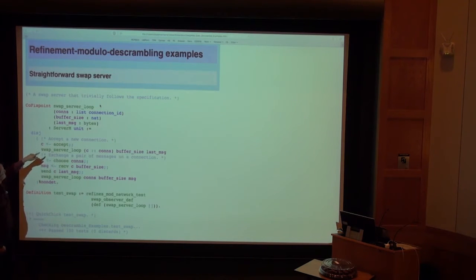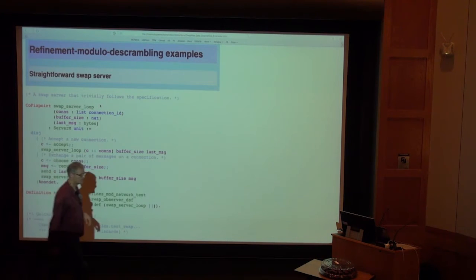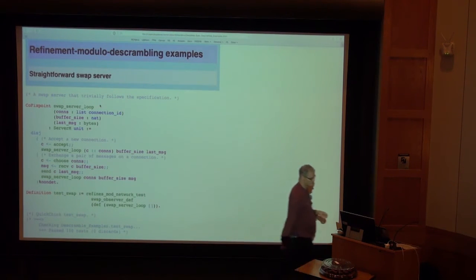So, for example, here is one that kind of trivially refines it because it has exactly the same structure. So this is a kind of slavishly accurate implementation of the specification that just does exactly what the specification does. And it refines the specification modulo scrambling.